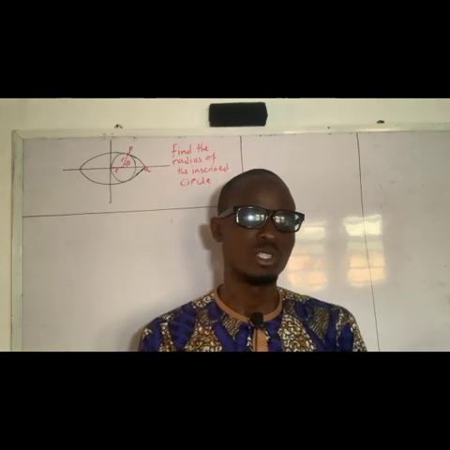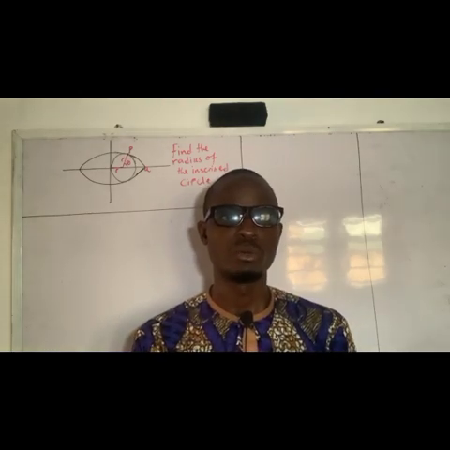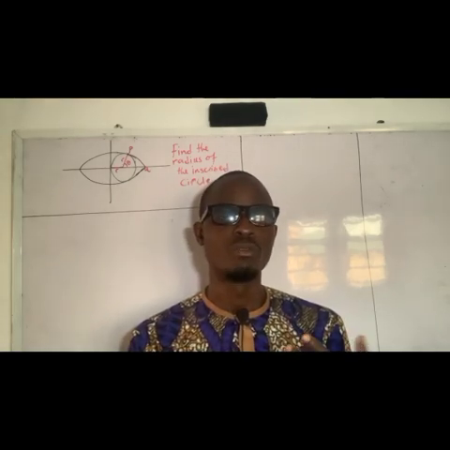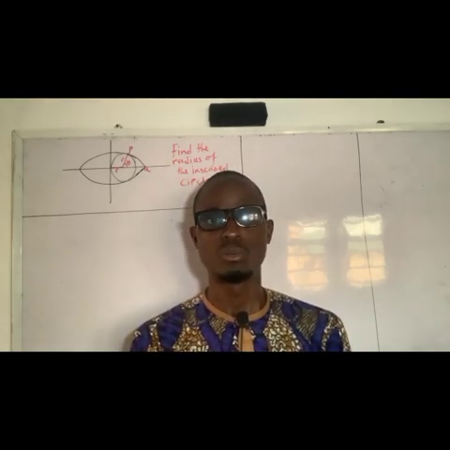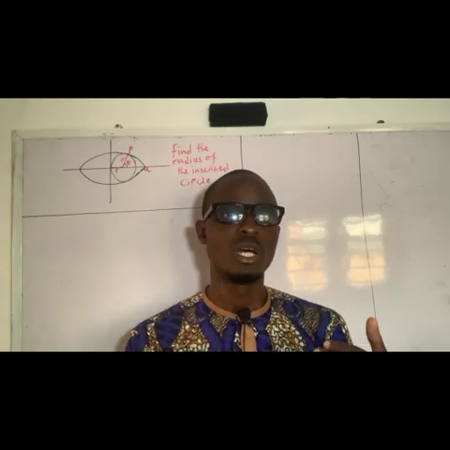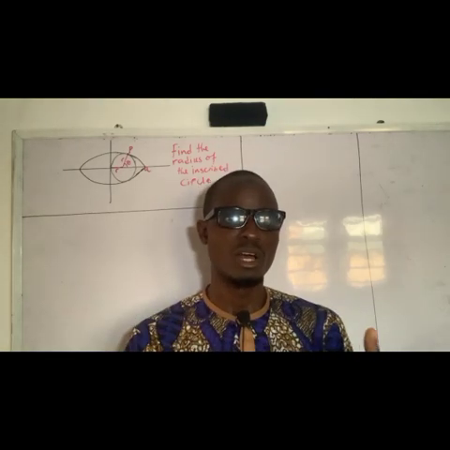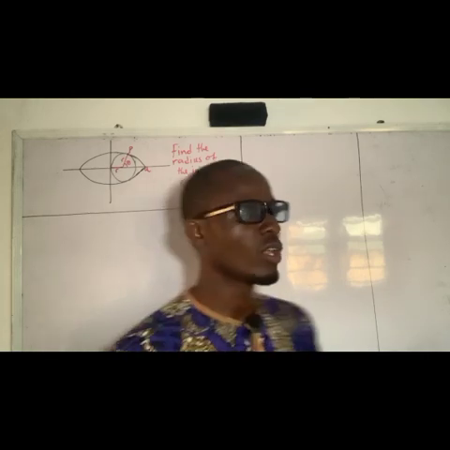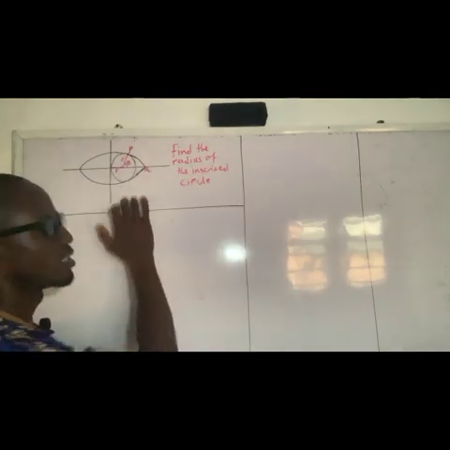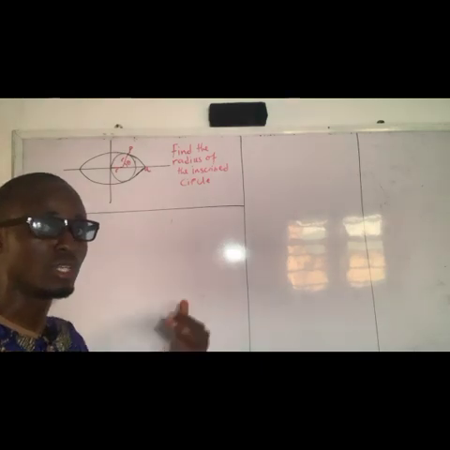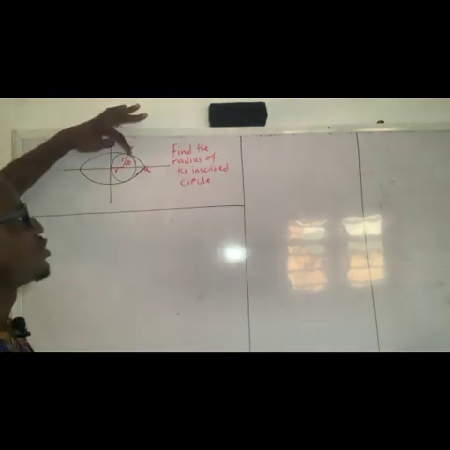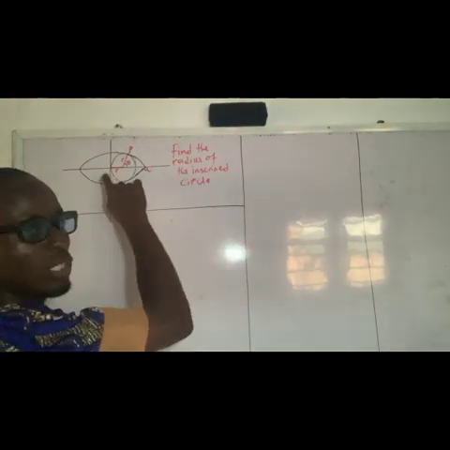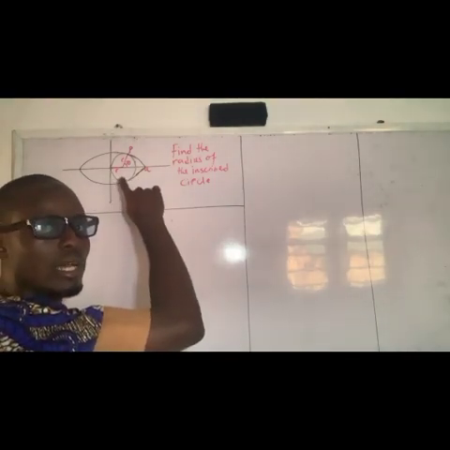So we want to look at the question here. The question is all about a shape called an ellipse and a circle inscribed in it. If you're familiar with ellipse, you should know some properties about it. So we are going to explore this question and how to solve it. Let's start by analyzing it. We have the ellipse. This is a diagram here, as you can see at the beginning of the video. So you have a circle inscribed in it such that the circle touches the origin,